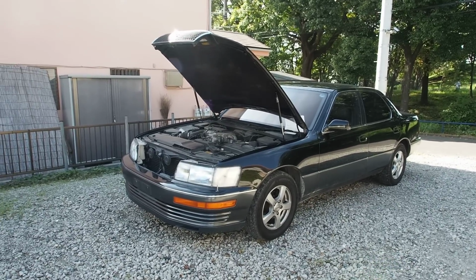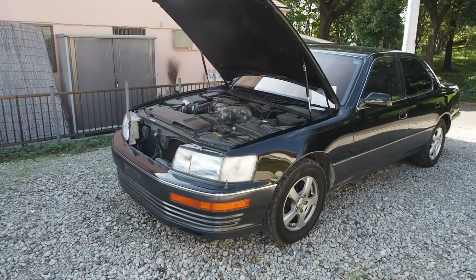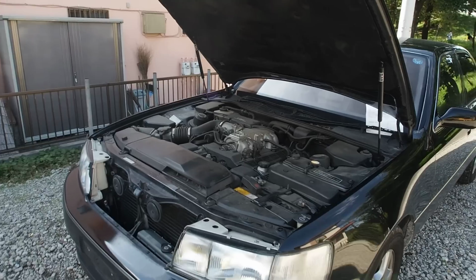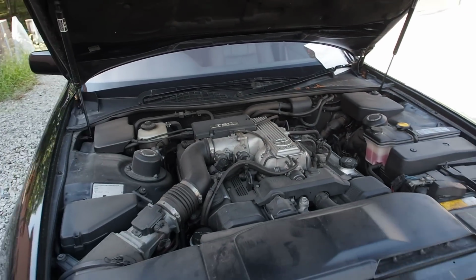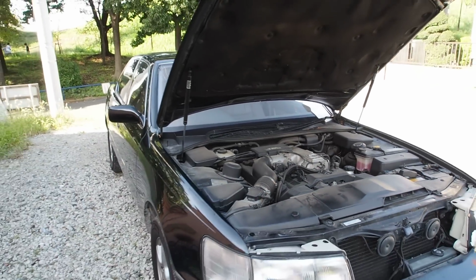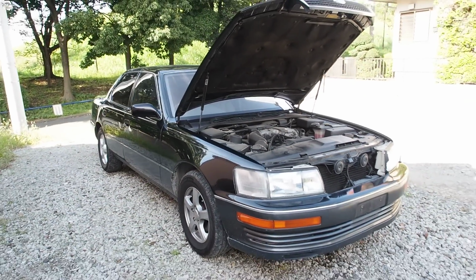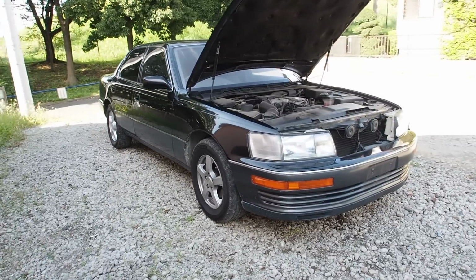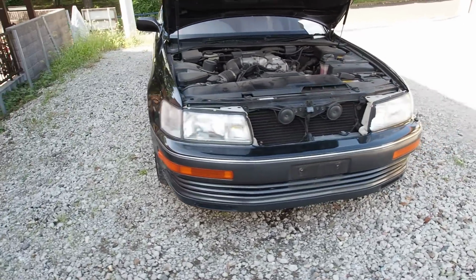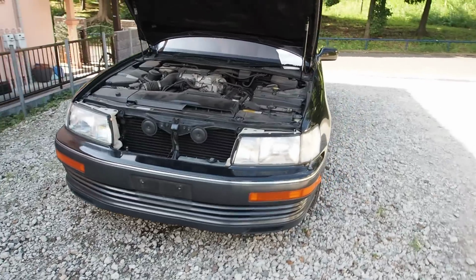This one here is a V8, as they actually all are here in Japan. Also known as the LS400 in the States, which is a Lexus. This one is pretty similar to the Lexus in a lot of ways, but also has some distinct differences. And this one here is the C Specifications F package, which actually means a pretty good deal of interesting stuff on the inside. And I'll get into that once I look at the inside of the car, but first off,